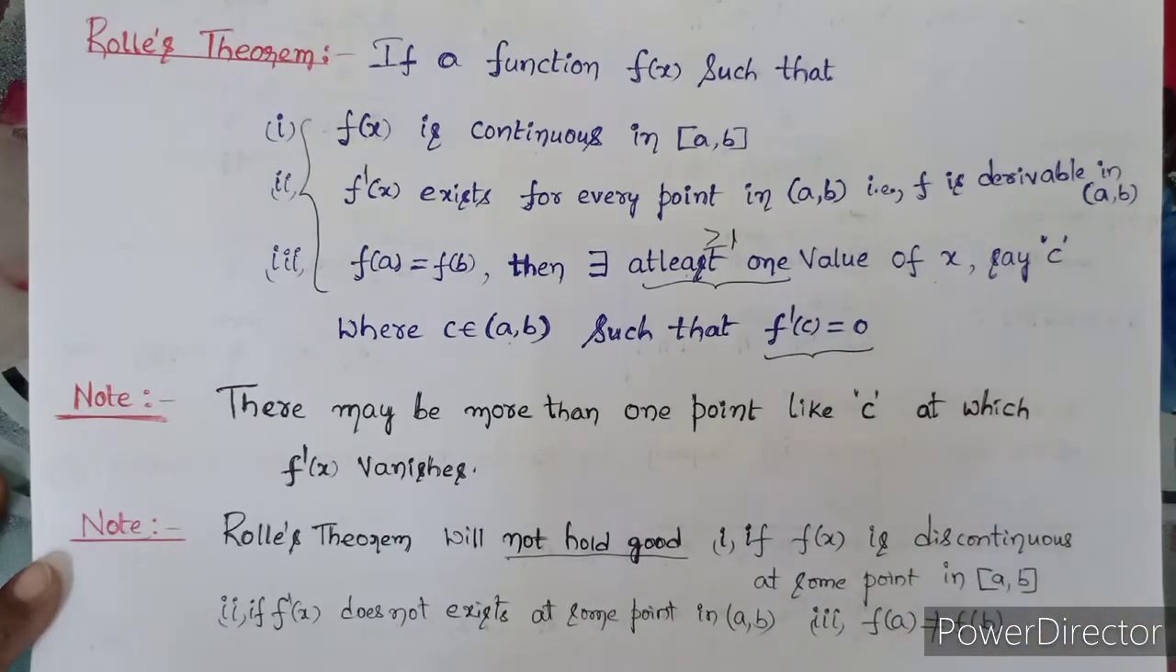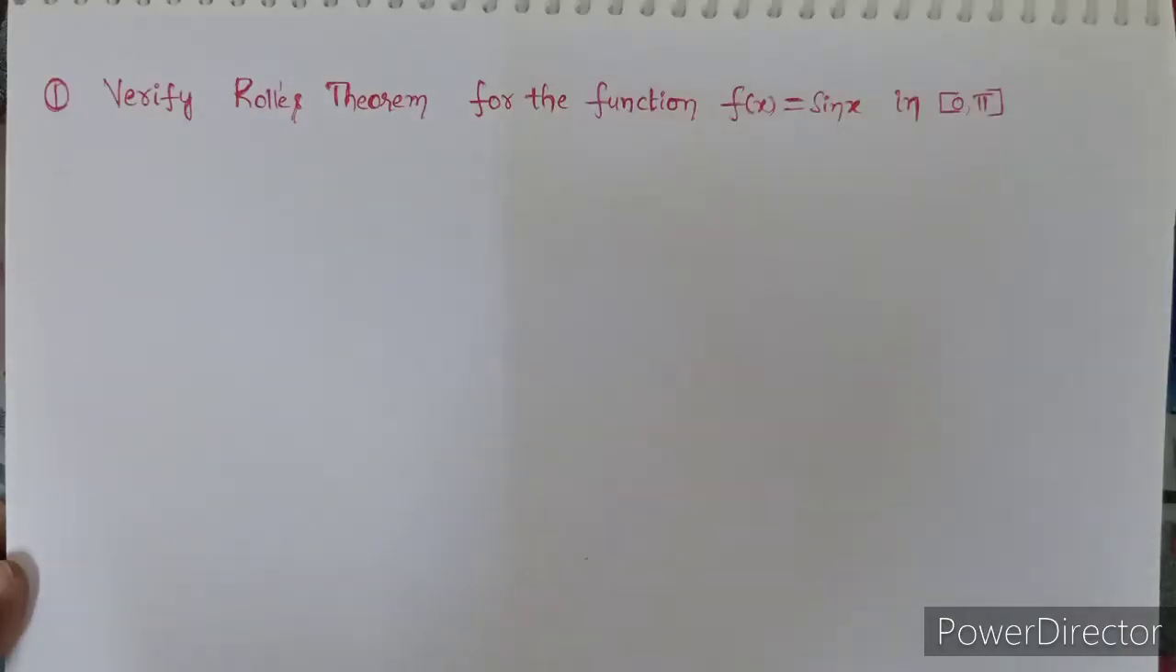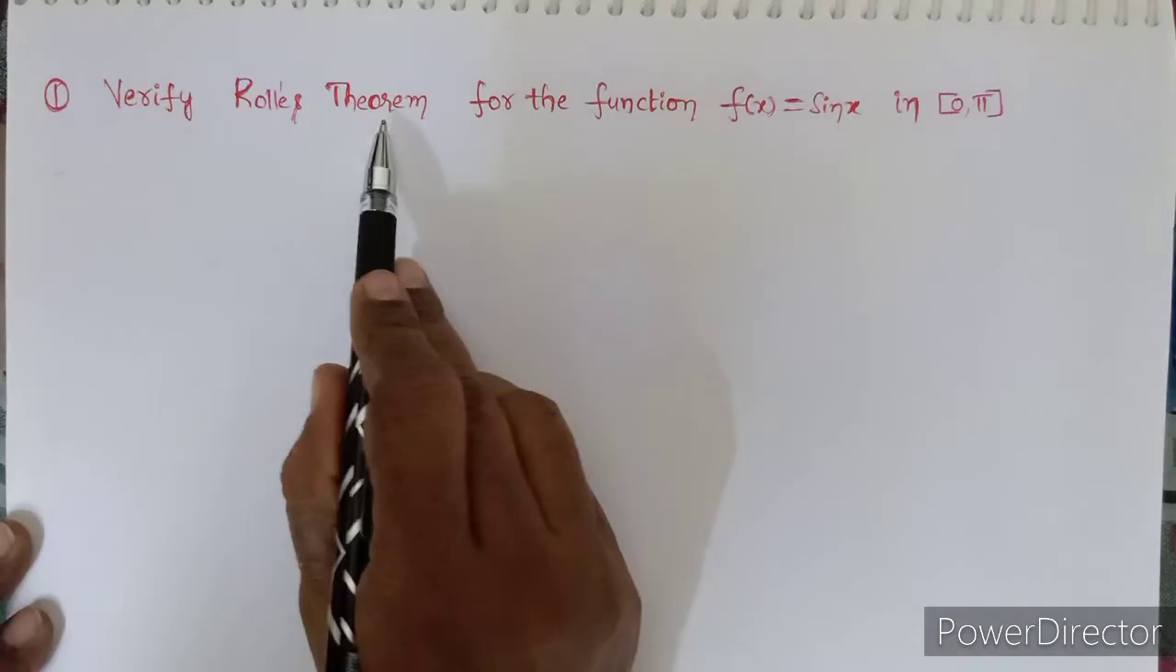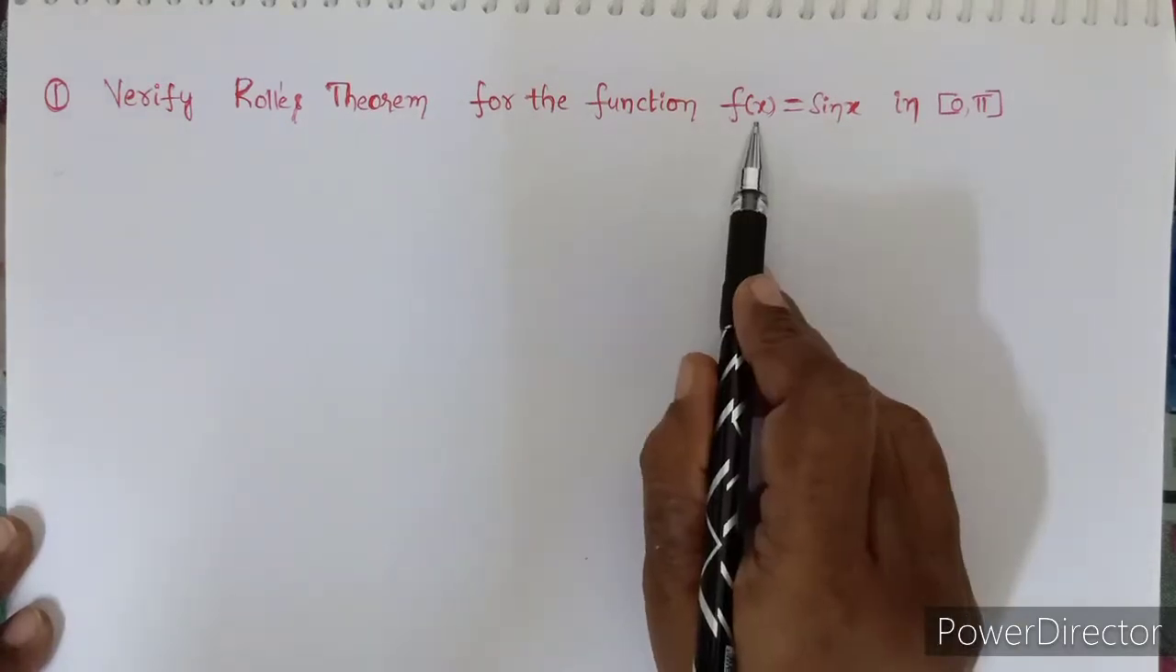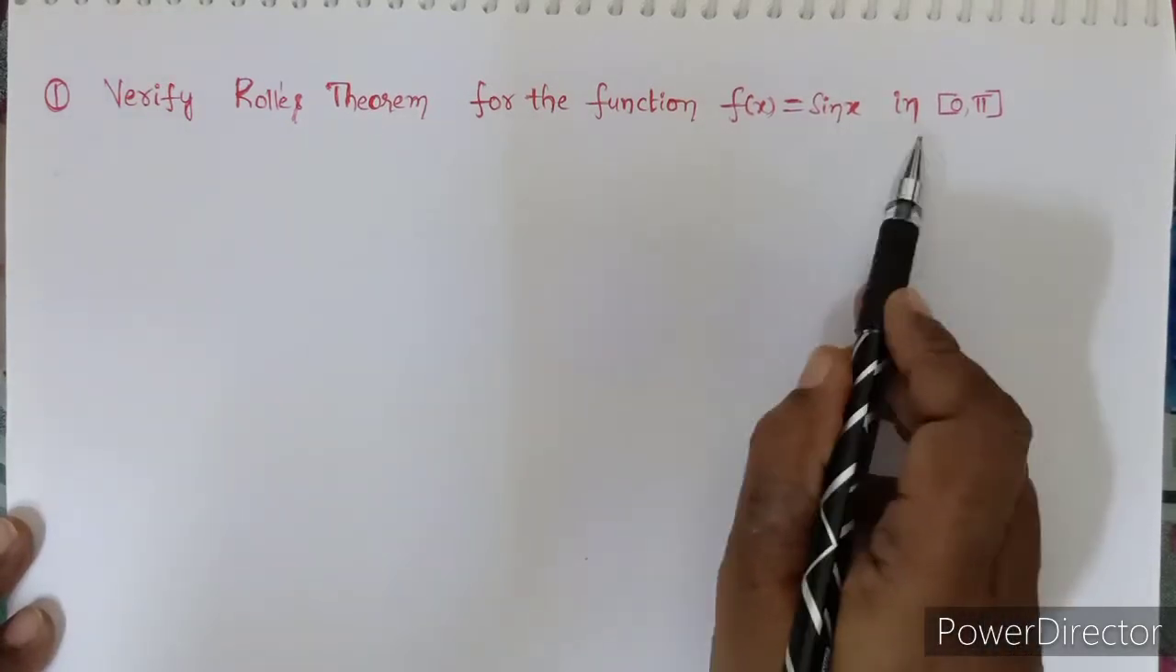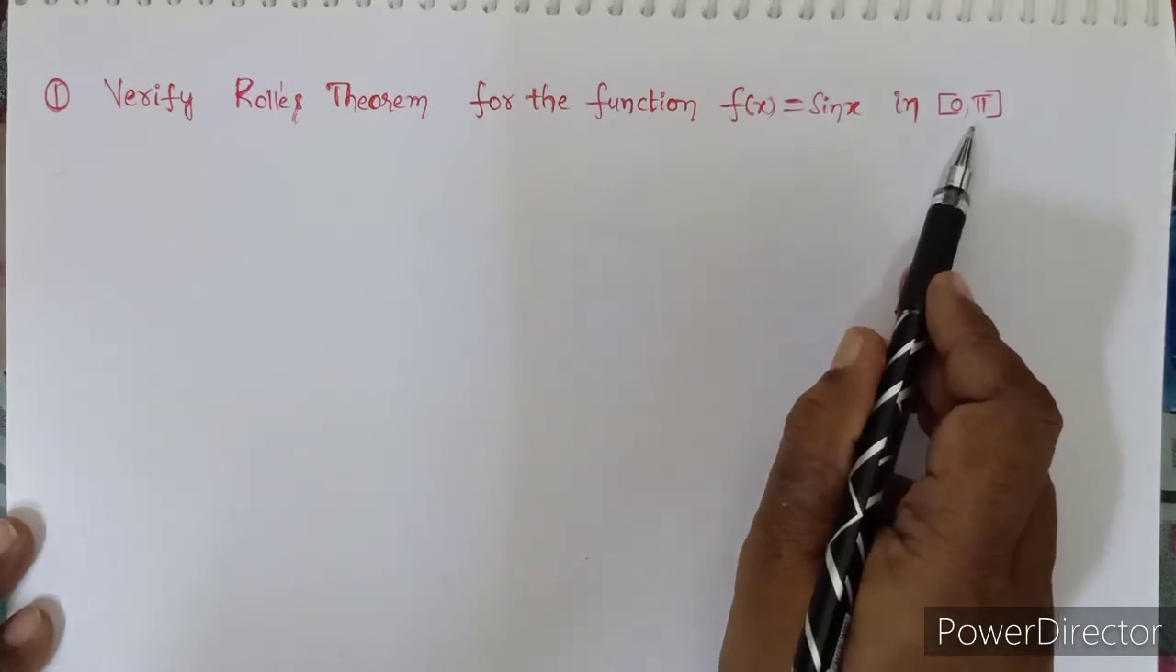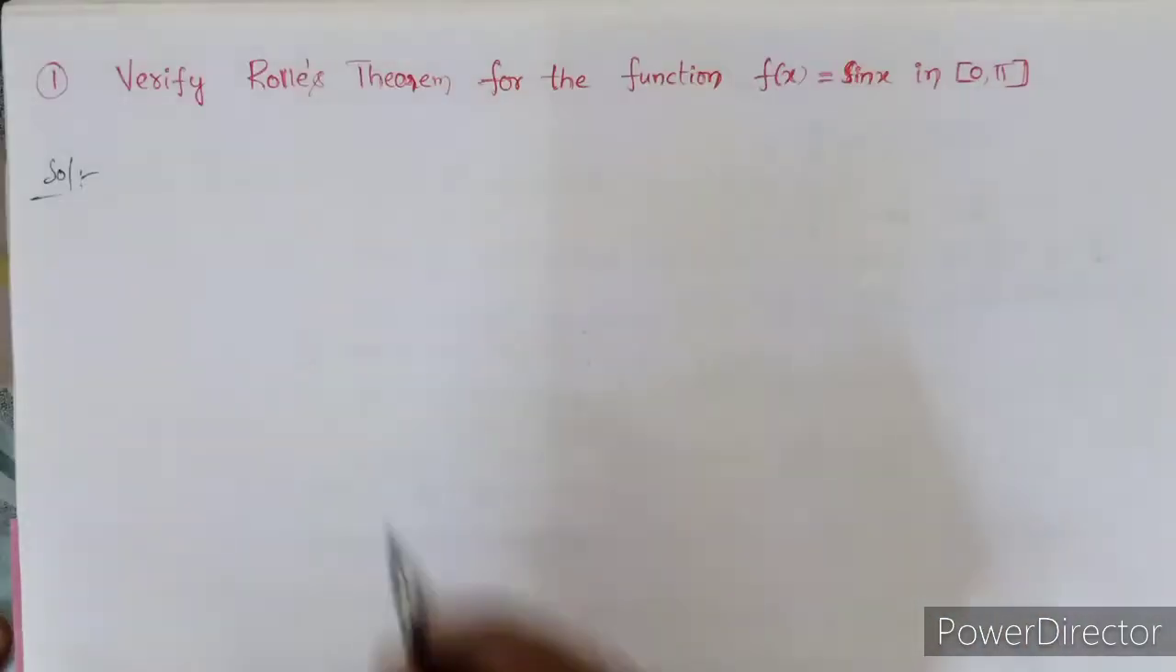Now we'll see some problems. First problem. Verify Rolle's theorem for the function f of x is equal to sine x in the closed interval 0 to pi. Here the given function is